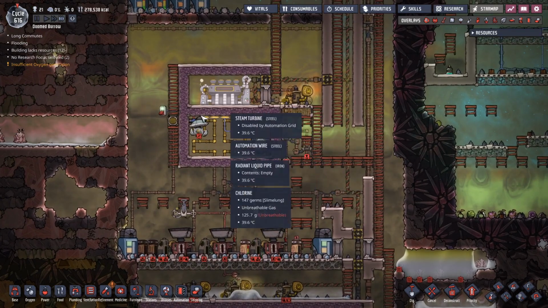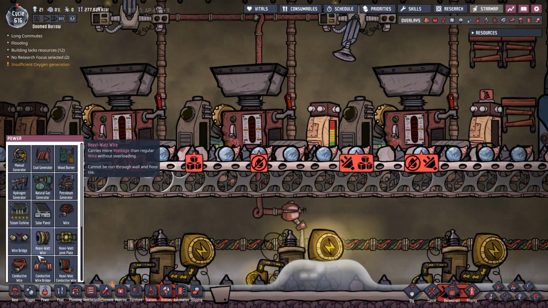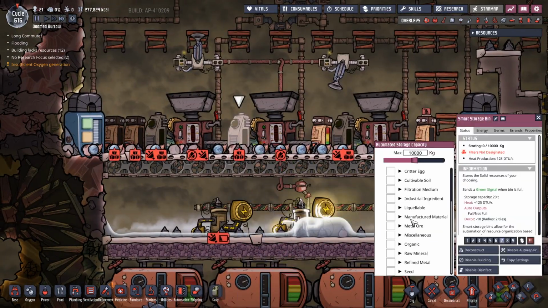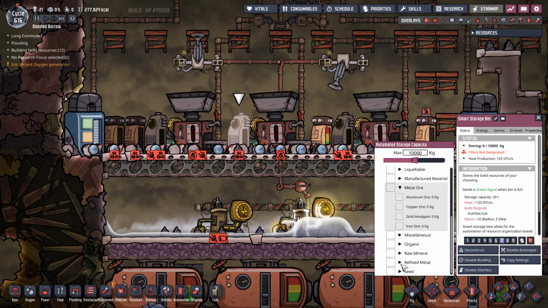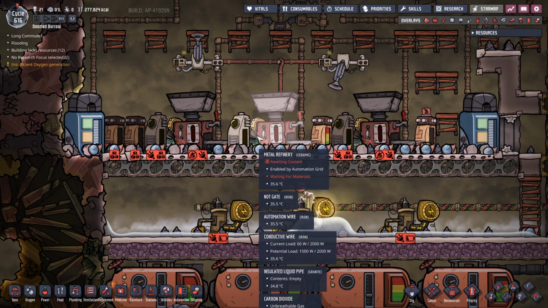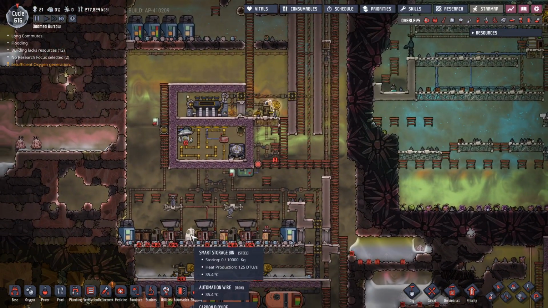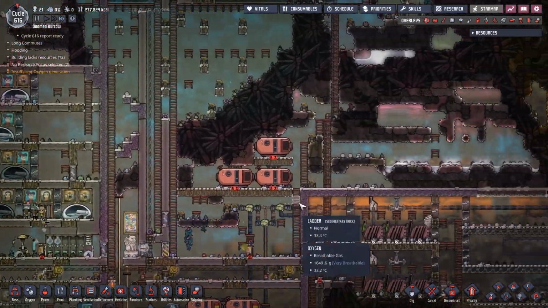Alright, so I've set up what I'm going to use. Oh, you got power. I'll go through it in a second. Ah, no designated filter. Yeah, that might help. I want refined metal, iron, and 10,000. Alright, so this has got iron. It's got that hooked in. It just needs energy, except